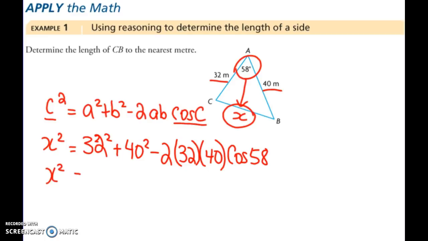So we would find out what 32 squared is, 1024, 40 squared is 1600, and then we will go 2 times 32 times 40 times cos 58, which gives us